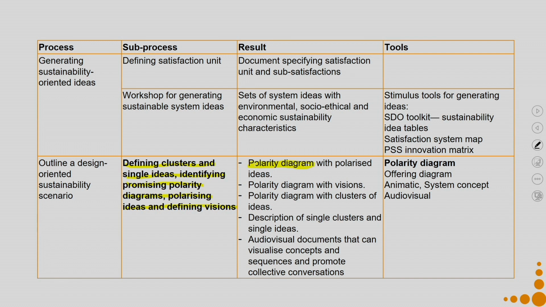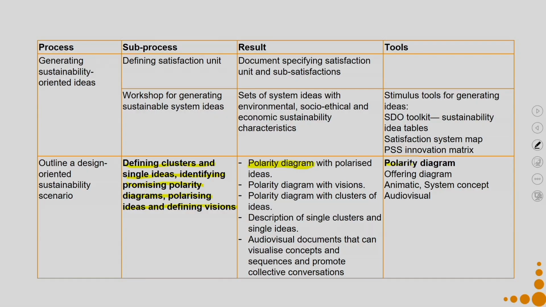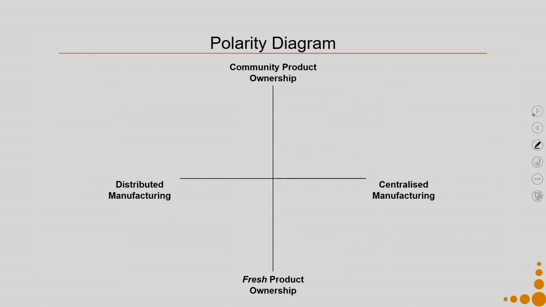As you can see, this MSDS method is very elaborate. There are too many steps, there are too many methodologies. It might be possible that you do not have enough time to do all the steps, but I would always suggest that never skip this polarity diagram step. Why? Let us see how a polarity diagram looks like. So, a polarity diagram is a diagram on a quadrant.